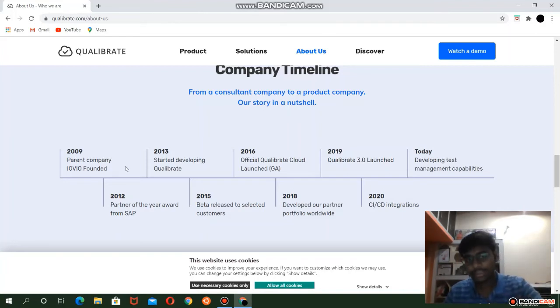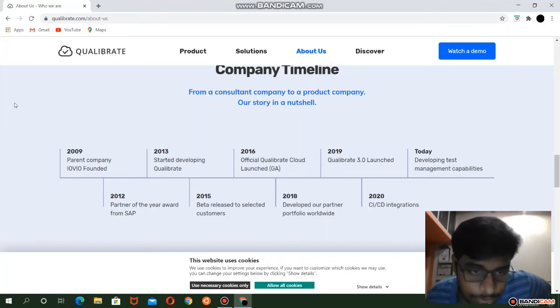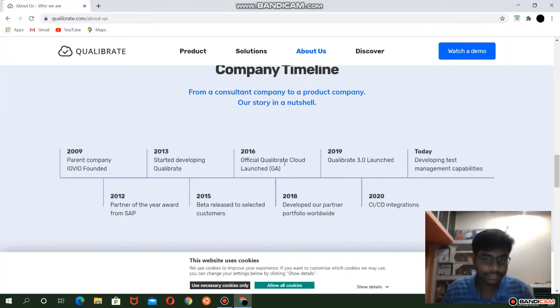This is the life cycle of how Collaborate changed from 2009 to 2020. In 2016, the official Collaborate cloud launched. Then in 2019, Collaborate 3.0 launched, meaning year by year new Collaborate versions launch, like updates we get in an app.